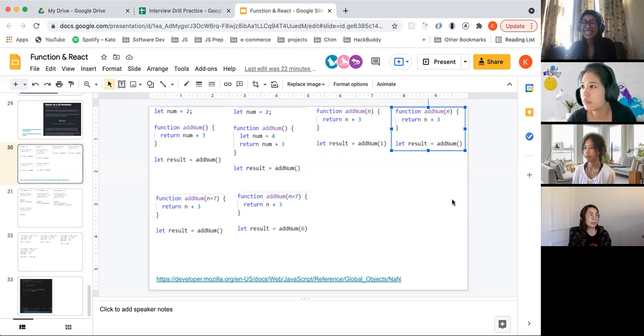So now because we didn't pass anything in here, it's actually undefined. So when add num processes parameter n, n is assigned undefined, and then undefined plus 3,